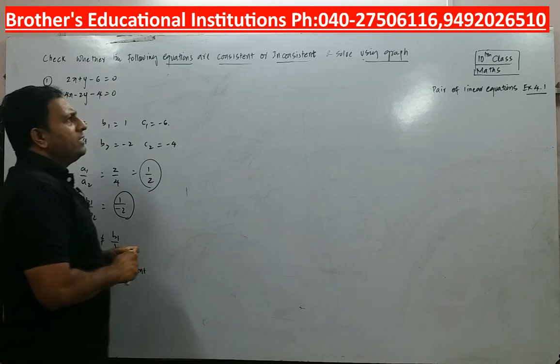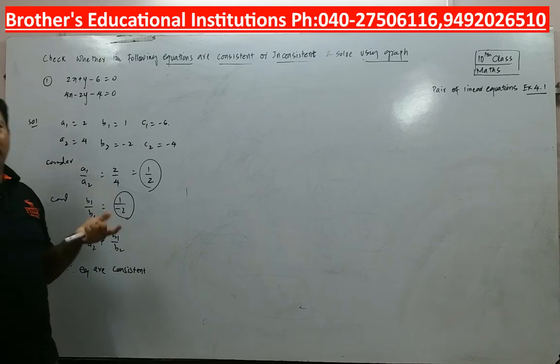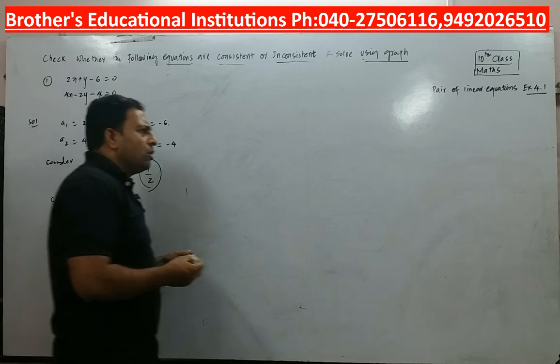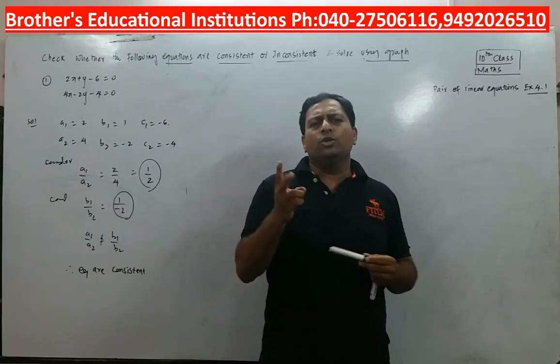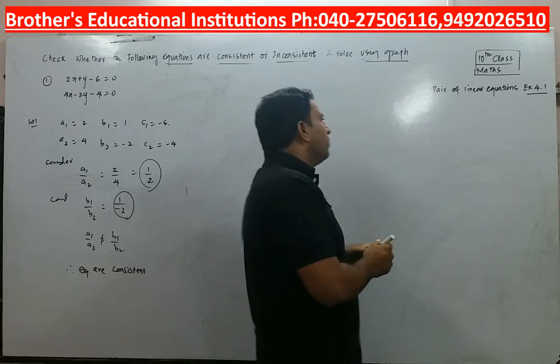When you are asked to solve using graph, how are you going to handle this scenario? When you say solve using graph, I have already told you that this will represent a linear equation. Linear means what? Straight line, right? So the first and second, both of them are straight lines. In order to draw a straight line, I will require any 2 points on the straight line. What is a straight line? A line joining 2 points. So I require any 2 points on the straight line.